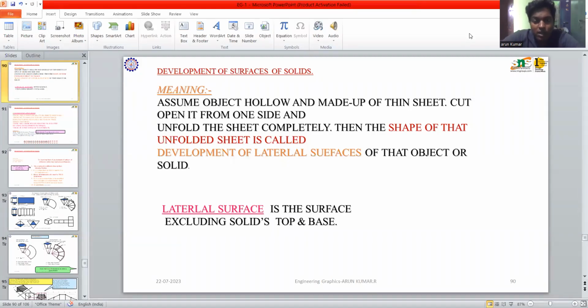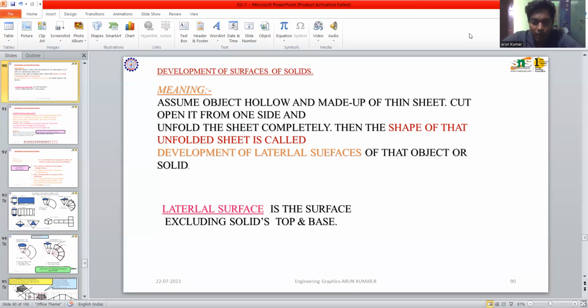Good morning. In this lecture series, we will see the development of surfaces of solids. So what is the meaning of development? Assume your object is hollow or made up of a thin sheet. Cut it, open it from one side and unfold it. The shape of that unfolded sheet is called the development of the lateral surface of that object